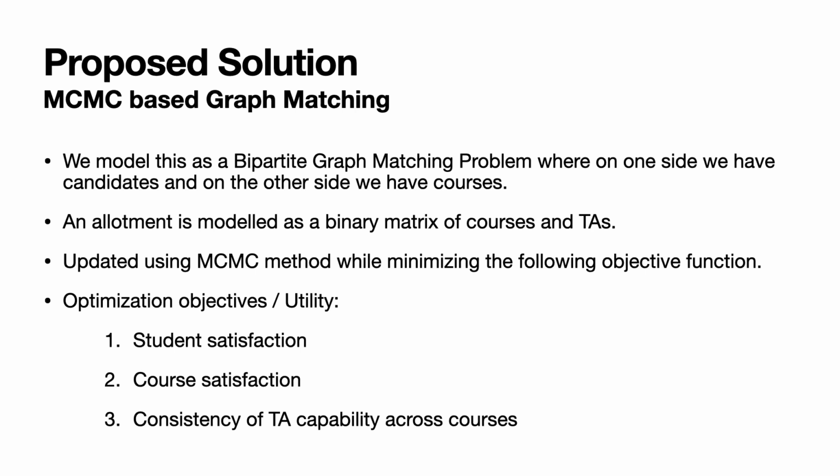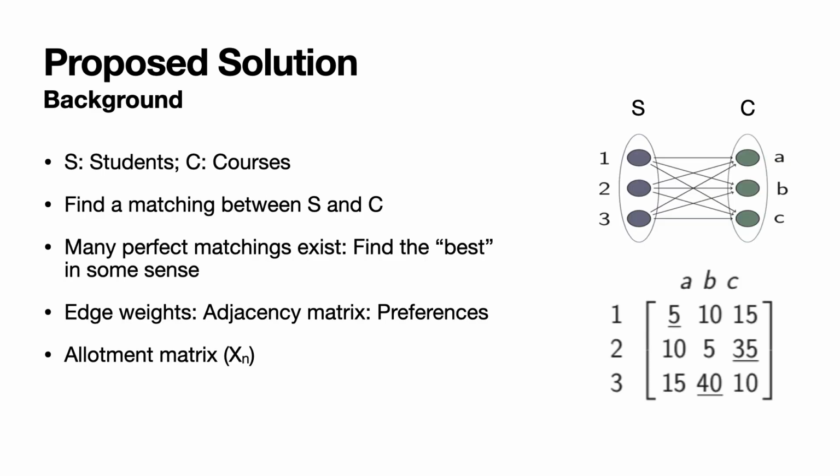The matrix is then updated using an MCMC method while minimizing an objective function that is designed to capture the required quality constraints like student satisfaction, which refers to a TA getting his or her highest possible preference. Course satisfaction, which refers to a course getting TAs who scored highest in the previous offering of the course, and the course feedback. Consistency of TA capabilities across courses, referring to a uniform distribution of TA capability across the courses. For fairness, consider